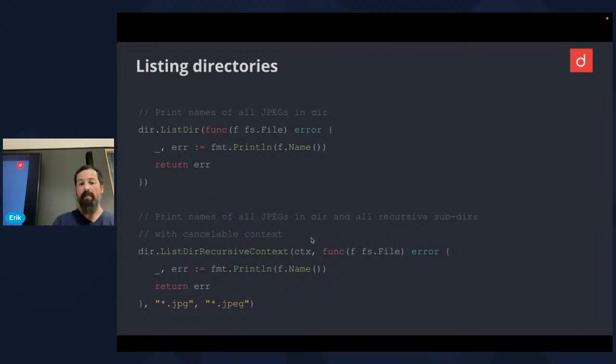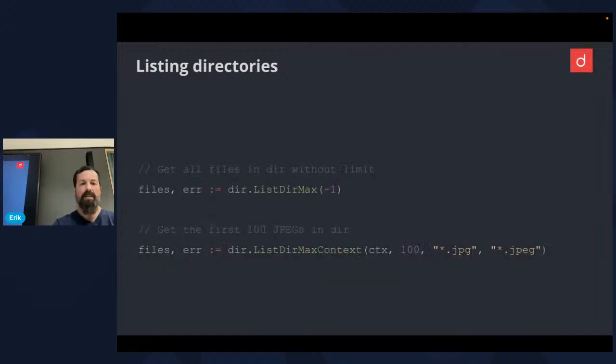There are also methods which take a context, where you cancel the whole operation. And in general, it has all combinations you want for your convenience, how you use it. So you can use this callback-like syntax here, or you can just return a slice of files.